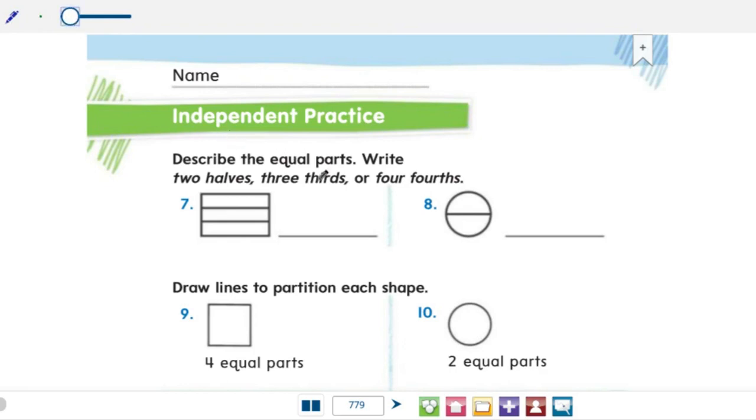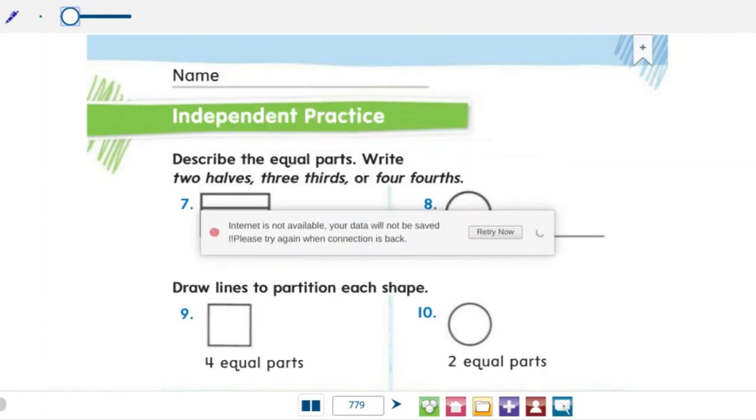All right, I hope that you took the time to go through and answer these problems. I'm going to do that right now as well. So I want you to go ahead and follow along with me. If you made a mistake, just erase it and then go ahead and make a correction, right? This says describe the equal parts. Write